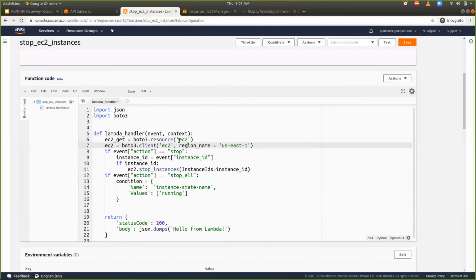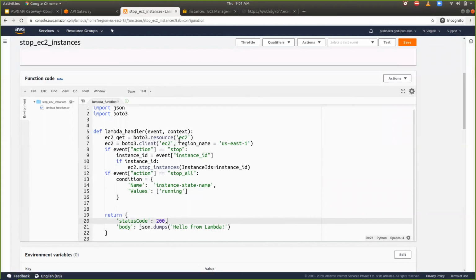Then after creating that, I can go down below and write a code block. For getting all the EC2 instances first, I can then stop all these EC2 instances at one go.